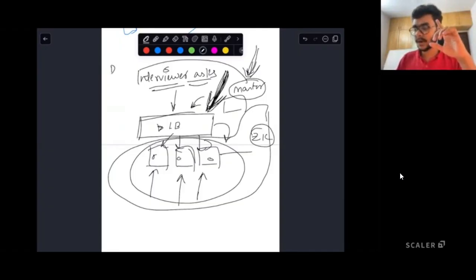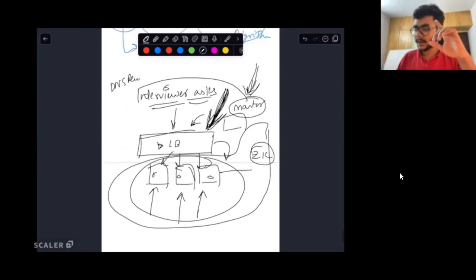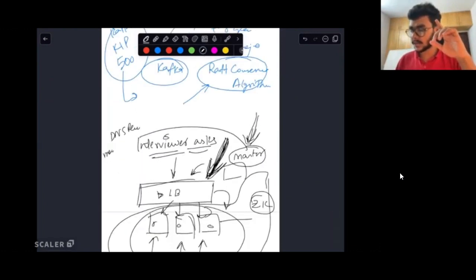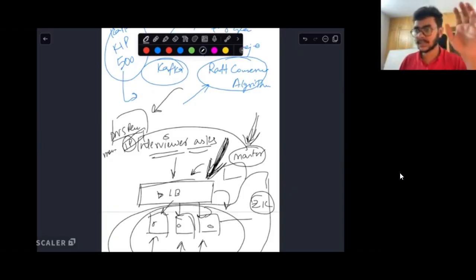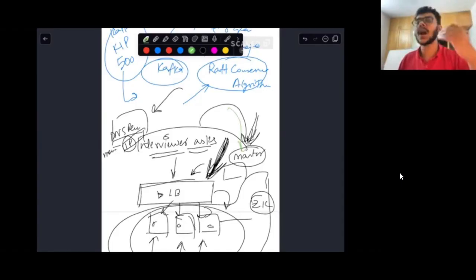There will be some DNS record. So the DNS record will say, let's say, master dot something and whatever is the IP address. So there will be some DNS server. Your request will first of all go there, because you were trying to hit master dot something. Then you will get that IP, and your request will go to this master machine, which is your load balancer.